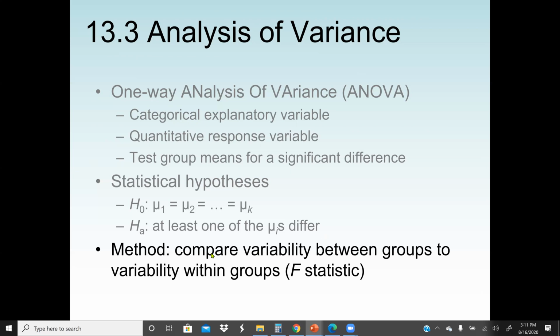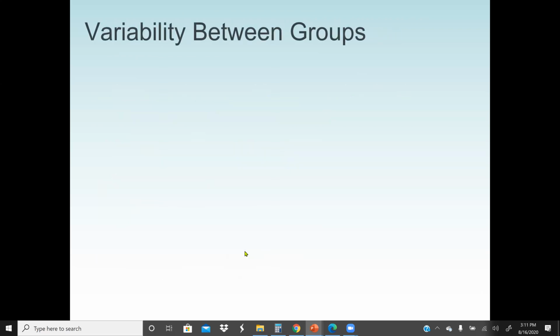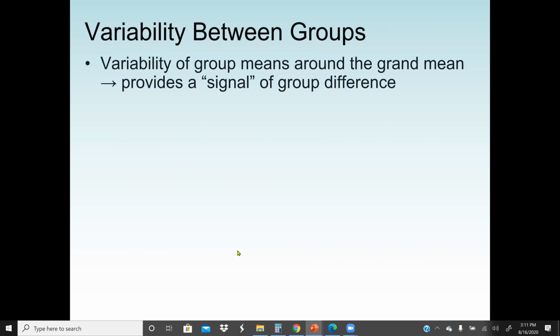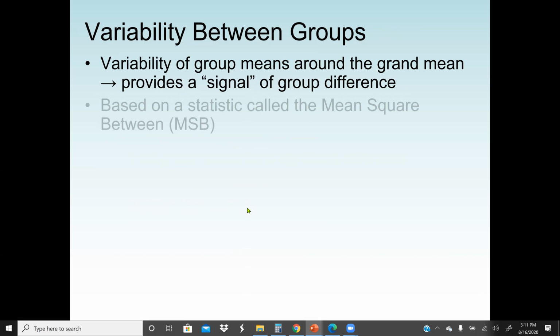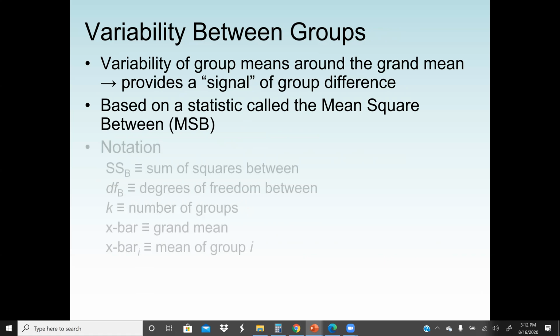We have to use some formulas here. There's a formula for between groups, within the groups, the mean square error, etc. For variability between groups, we are saying that the variability of group means around the grand mean provides a signal of group differences. And this will be based on a statistic we call the mean square between,